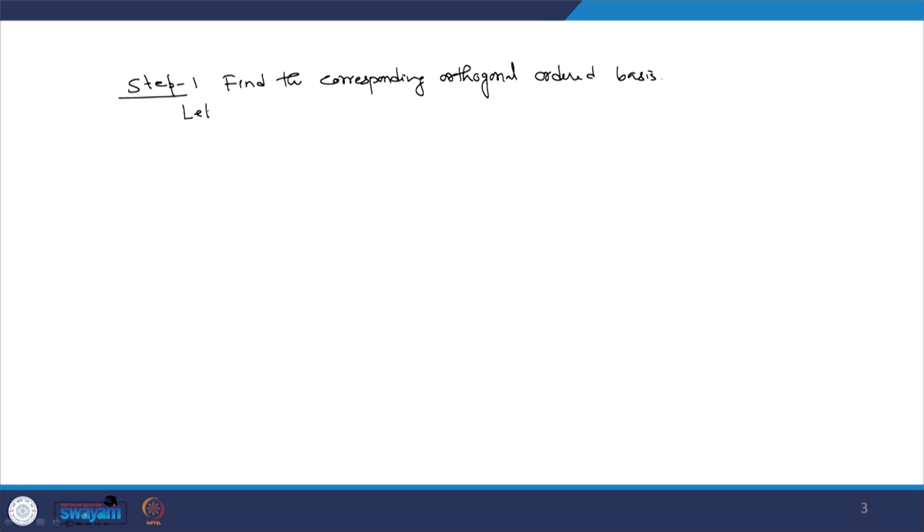Let beta 1 equal to 1, beta 2 equal to x, and beta 3 equal to x square. According to the Gram-Schmidt orthogonalization procedure,